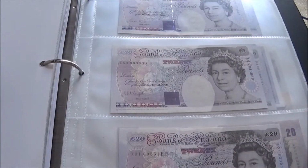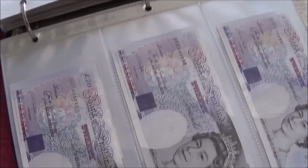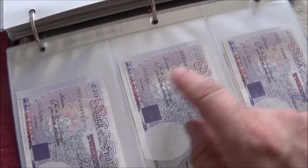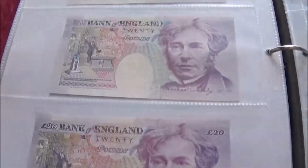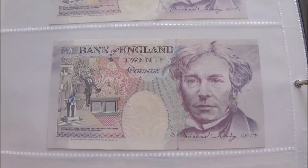And on the other side of the note, the £20 denomination was quite faint when they started printing these, as you see. Not much contrast there. They updated that and made it easier to read. So they're the kind of varieties that I've added to my collection. The back has Michael Faraday,